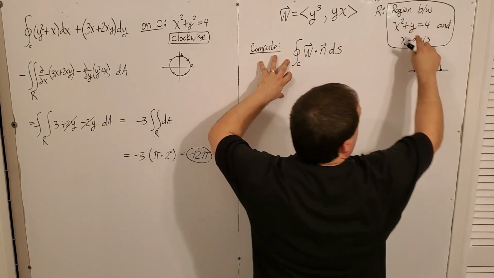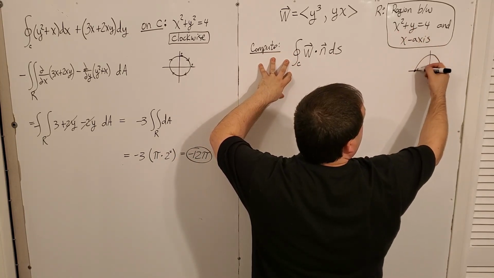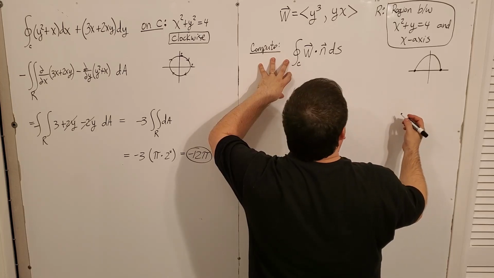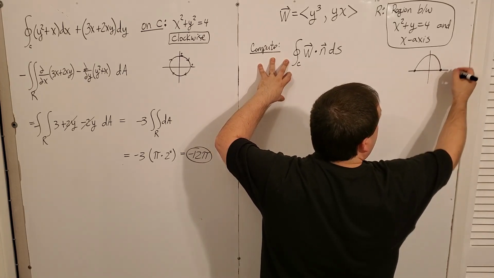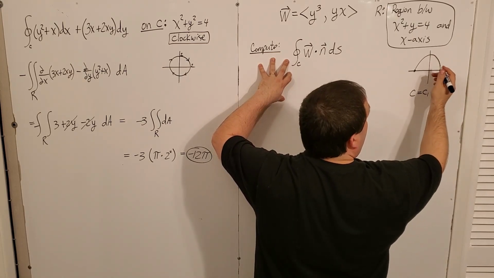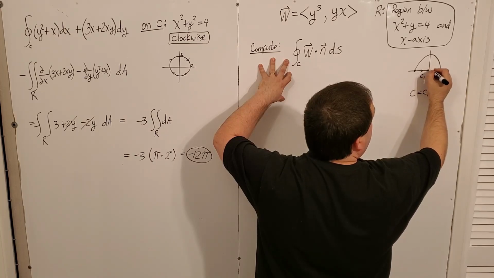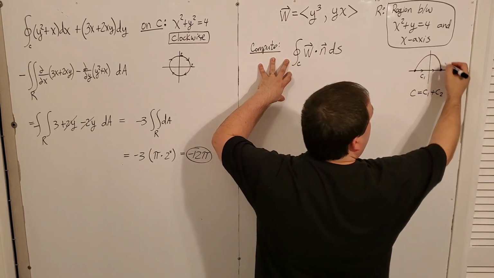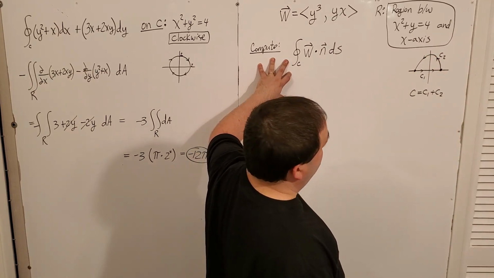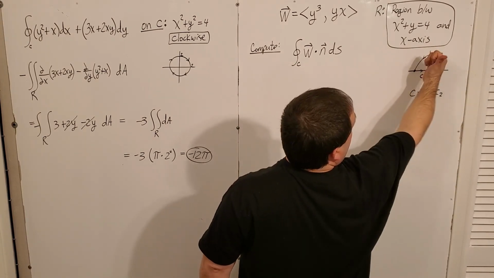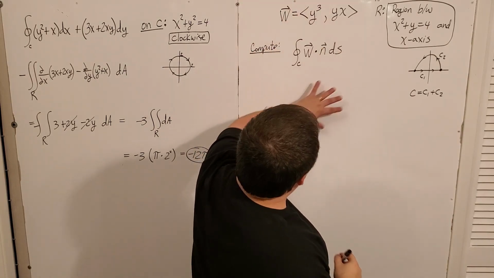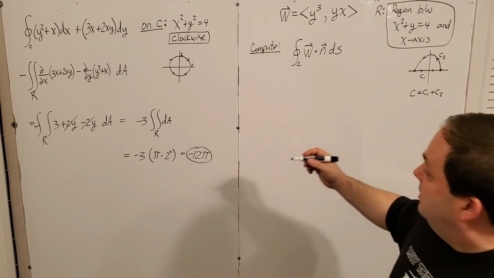Well, okay, let's look at it real quick. All it says was the region is in between x squared plus y equals 4 and the x-axis. All I have to do is define my curve C to be C1 plus C2 here, where C1 is the axis flowing in this direction, and C2 is my other curve flowing in that direction, right? That's my region going this way, and then I've got this region on the inside. Okay, so then this thing becomes the double integral